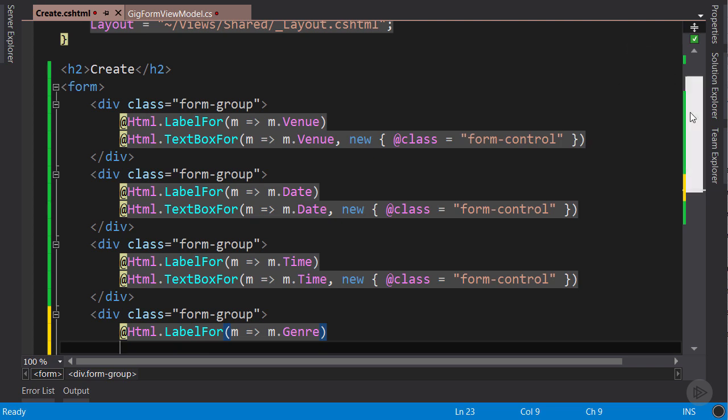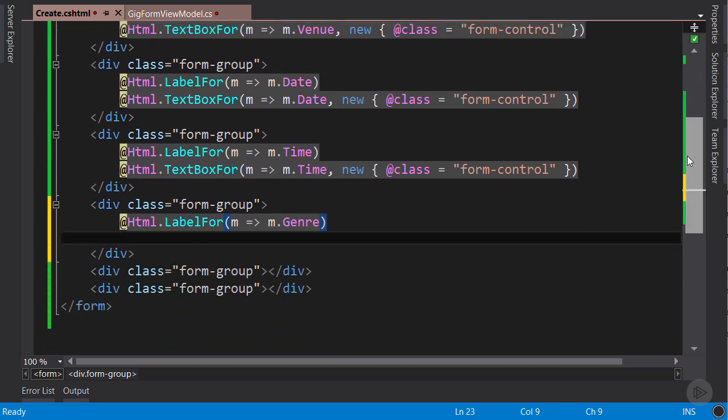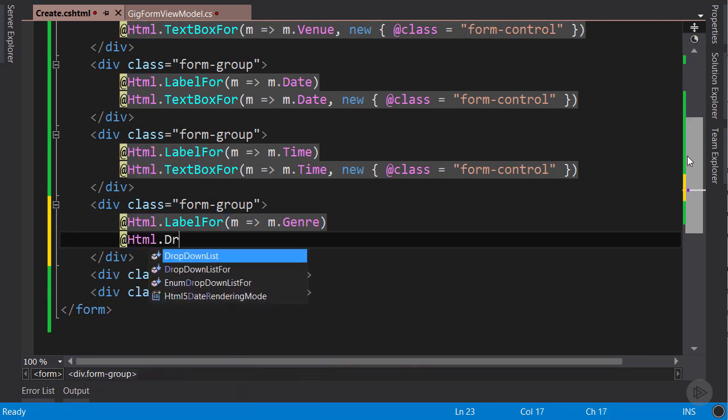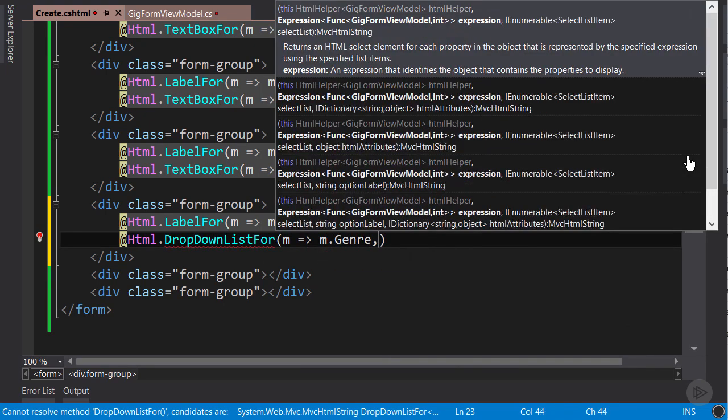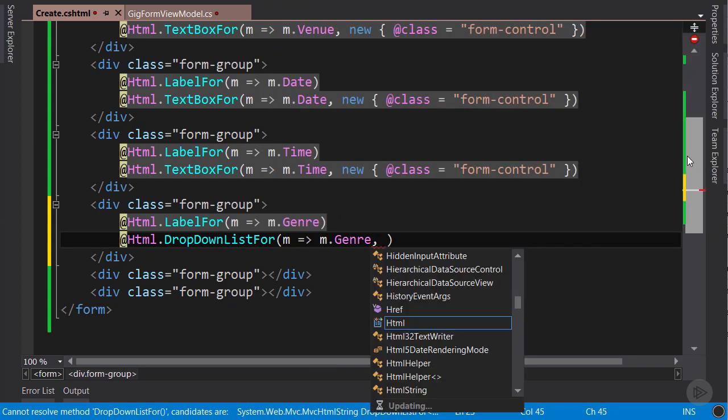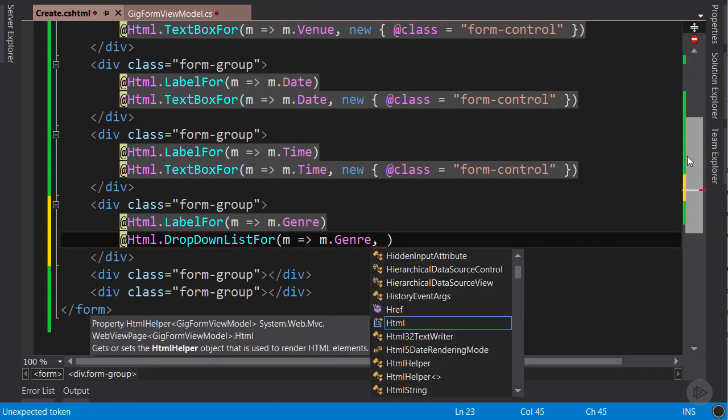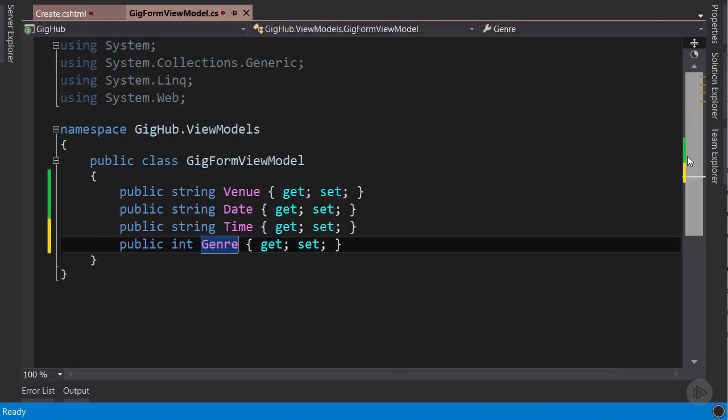Let me scroll down a little bit. Now let's create a drop-down list. So HTML.DropDownListFor(m => m.Genre. Now the second argument is the source of the drop-down list, the options we're going to put there. So in our view model, we need the list of genres from the database. So Control and Tab,